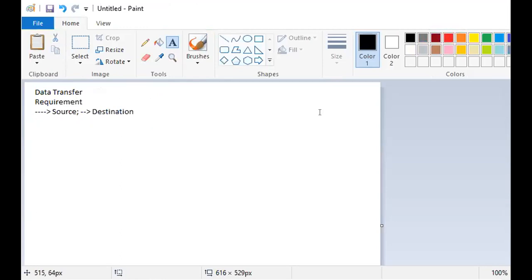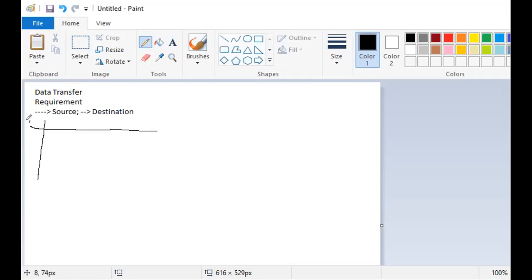Let's say a simple transfer. How should you, as a programmer, start?